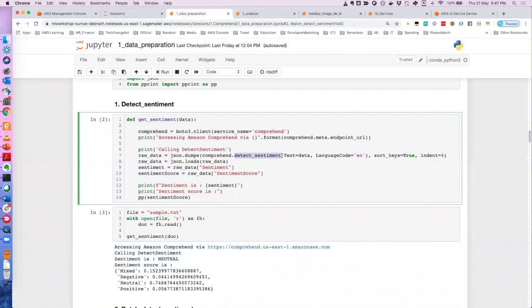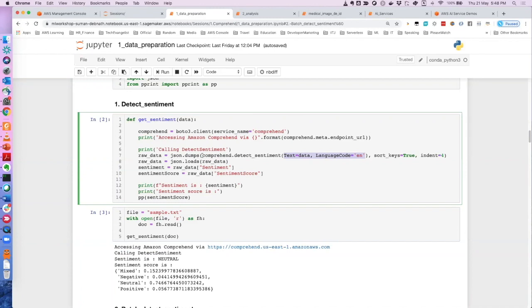This is the API call which I'm sending. This function takes two arguments. One is the actual data, that is the text, and the language, whether it is English or Hindi or whatever it is, based on the supported languages we have seen. These are the two things that we need. That's all.